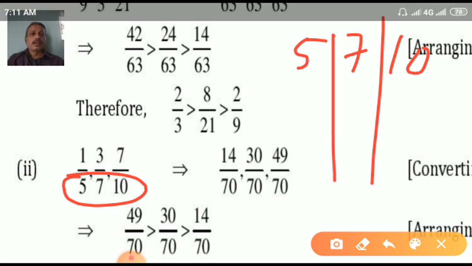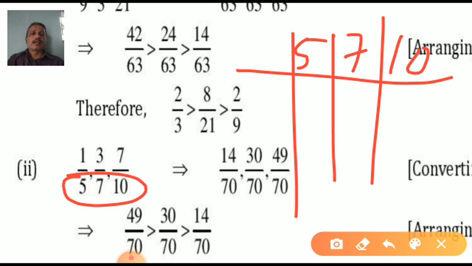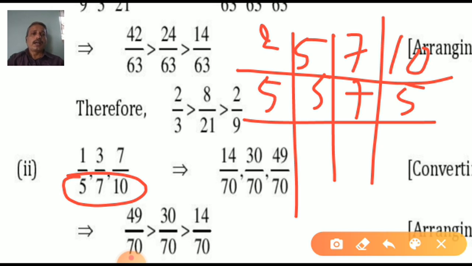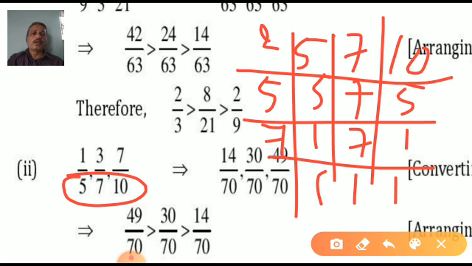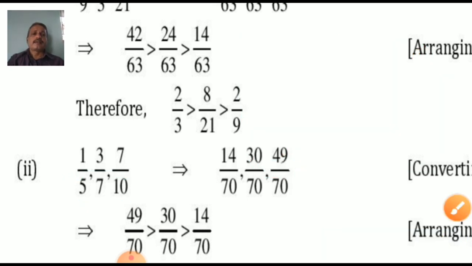In place of that, if you don't want to do this, remember our ladder method. Ladder method is nothing but dividing: 10, 5, 7. Divide by 5: 2, 1, 7. Divide by 2: 1, 1, 7. Then divide by 7: 1, 1, 1. You have to divide till 1, 1, 1. Now multiply all these numbers. 5 2s are 10 and 10 into 7, 70. Clear? Yes. That's why this is 70.